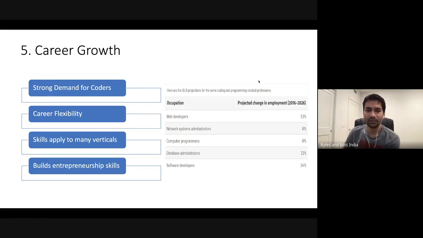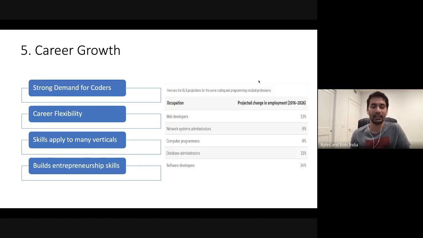So there's always going to be a strong demand for coders. As the majority of jobs require programming skills, it gives a lot of career flexibility. As an example, as a programmer, you can join a finance company and work for them. You may switch and join a healthcare company and work for them. All you need to know is to write good programs and some domain knowledge, which anyway you'll gain through experience. But the idea here is it gives so much flexibility.